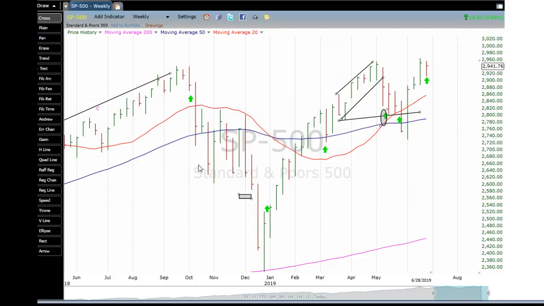Obviously you don't want to stay in here all throughout this, but it is telling you that once you see the 3 week chart turn down, the likelihood is at least you're going to see a